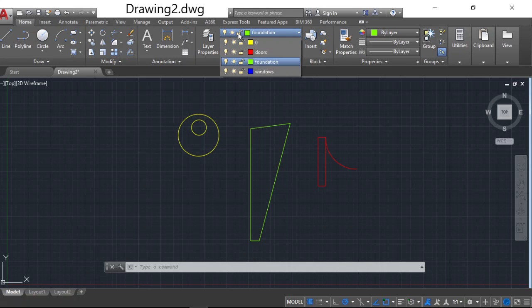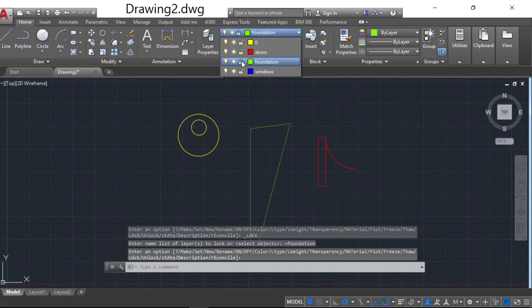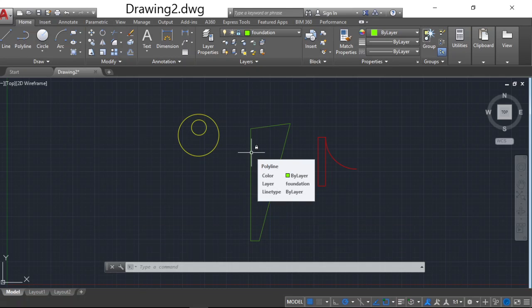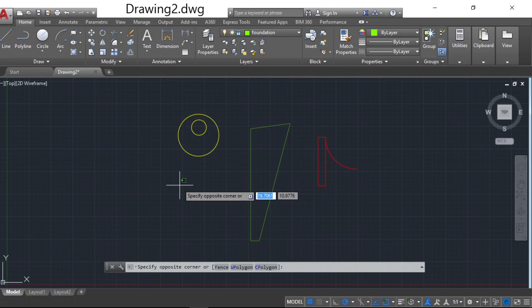If I perform the lock operation, you can observe that if you move the cursor onto that particular object, a lock symbol is displayed, and the locked object appears somewhat dim, right?